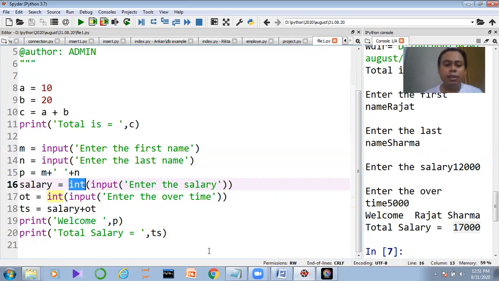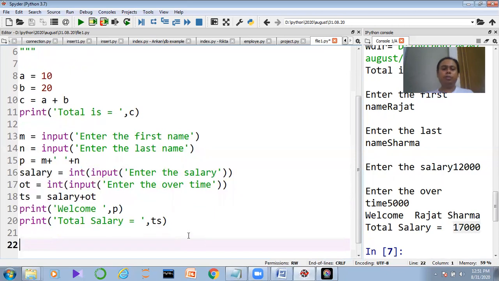Now the next thing we need to understand. We got the total salary, that is fine, that is awesome, guys. But now we want to make some gradation. Suppose if the person is earning more than 25,000, his salary is grade A. And if he is earning less than 25,000, it should not be grade A. I want to provide this message. So in order to do this, what should I do?